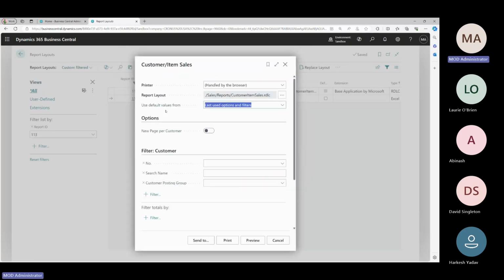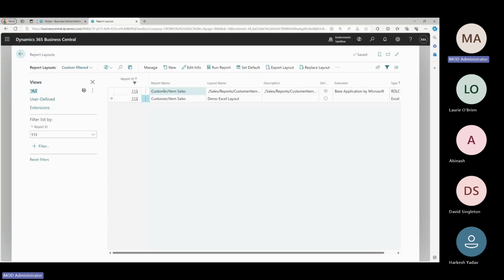and this is an old feature now, I hope, that in the report you can choose what report layout you are using. So if you have multiple layouts, let's say if you have two RDLC, two Word layouts, and an Excel layout, you can set one as default, which is already set. So here, if you see, this is set default. So every time this report runs, this layout will be